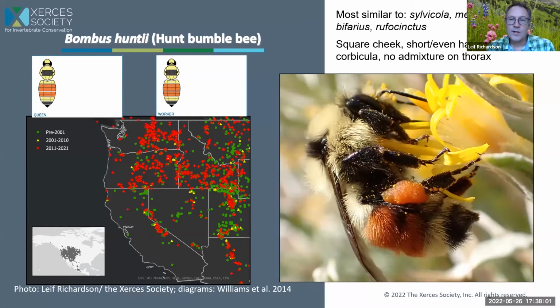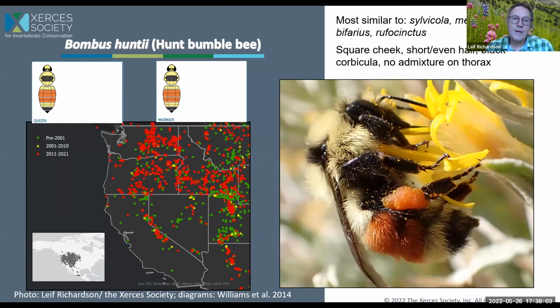And so first, we are going to talk about Bombus huntii, or Hunt's bumblebee. This part of the talk, each slide will look like this, same format. What you're going to see in the bottom left-hand corner is obviously the range map. You can see a thumbnail map that shows the full distribution in North America. And then the larger map is showing you all of the specimen and observation records that we were able to pull together, divided into three categories according to how old or